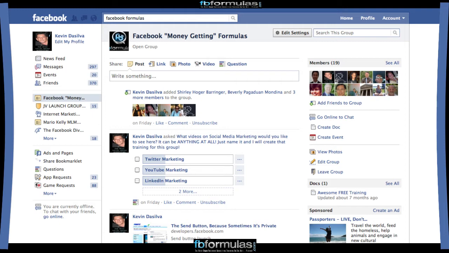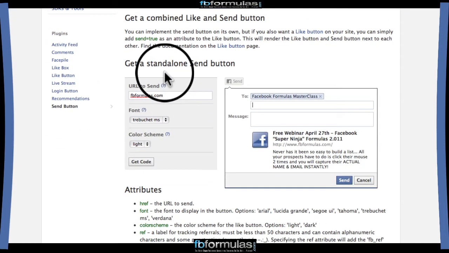Well, now with the send button, let's bring it back. We can now send our blog posts to our groups. So what does that mean? What that means is the smart thing to do. And I'm giving you super ninja strategies while explaining what this send button's all about, so pay really close attention. What I do is I use a free tool called Deliverr It. Deliverr.it.